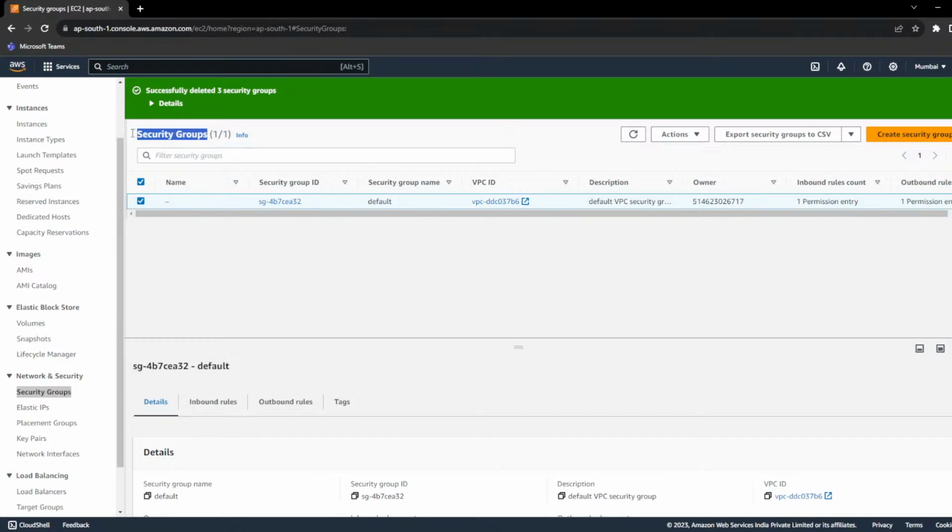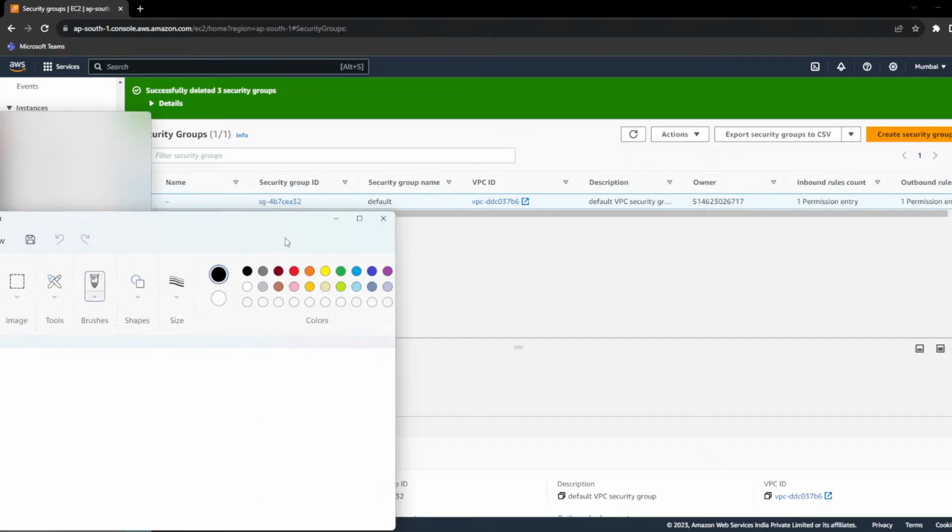In that, one is security group. So basically, what is security group? Security group is a type of policy which allows what type of traffic should go to your EC2 machine and from which IP range. Again, security group is a mechanism, a template which restricts the flow of traffic to your EC2 machine